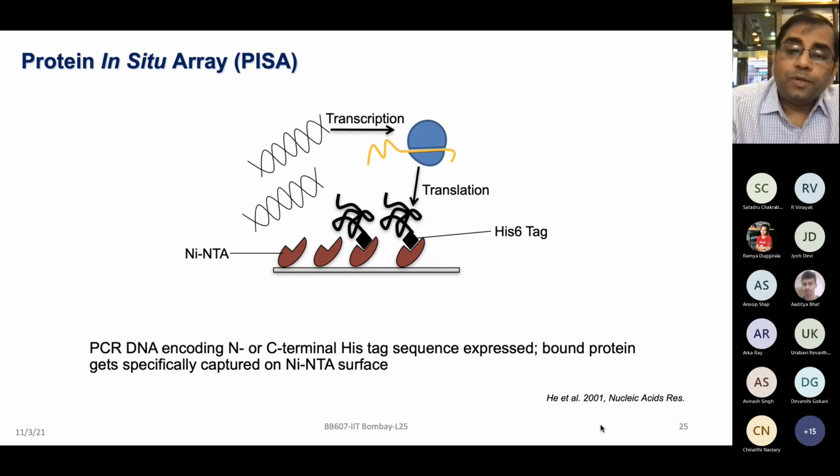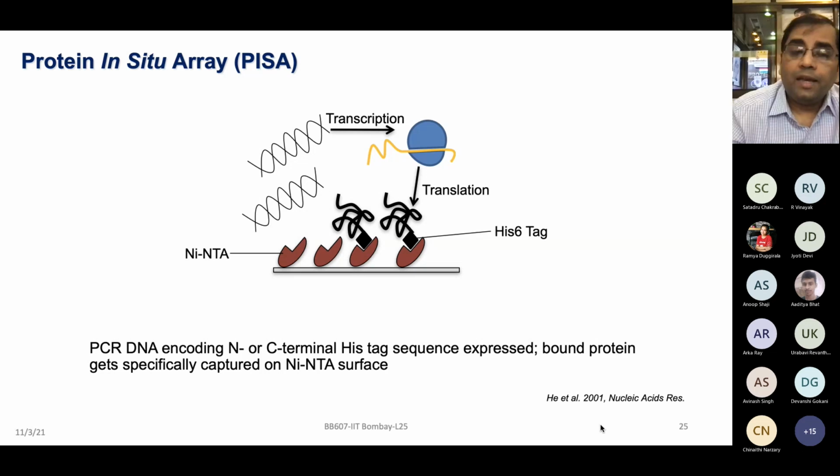So here the concept was, can we use the affinity chromatography based concept and utilize it on the arrays? For example, in affinity chromatography, which you have read, and I'm sure some of you have done the experiment as well, you have the gene of interest with a histidine tag, and you pass it through the nickel NTA column. If this protein is expressing the histidine tag, the 6 histidine tag will bind to the nickel NTA, and finally that complex can be eluted out and you get the purified protein. That is very conventional affinity chromatography.